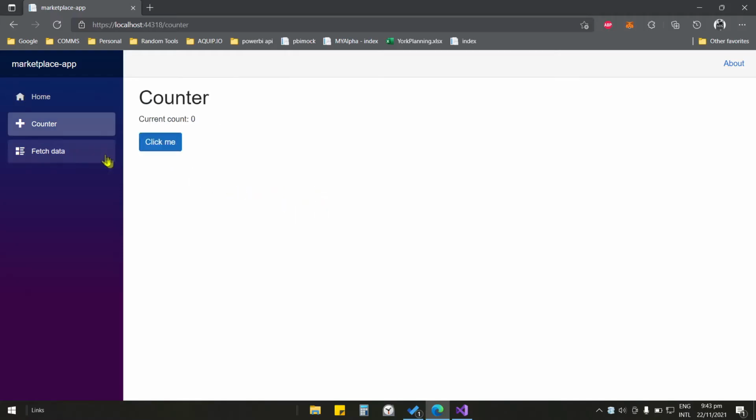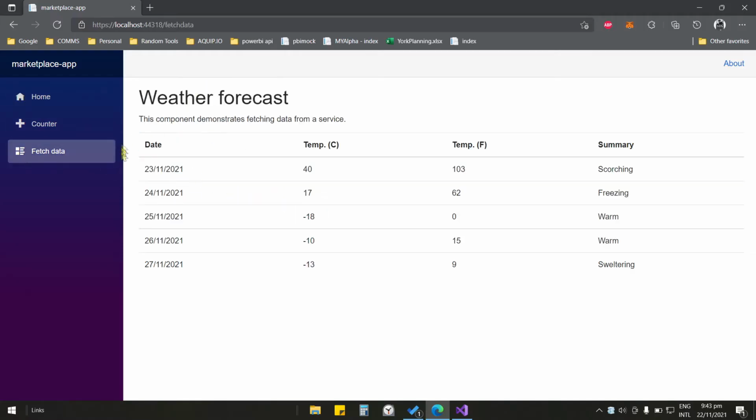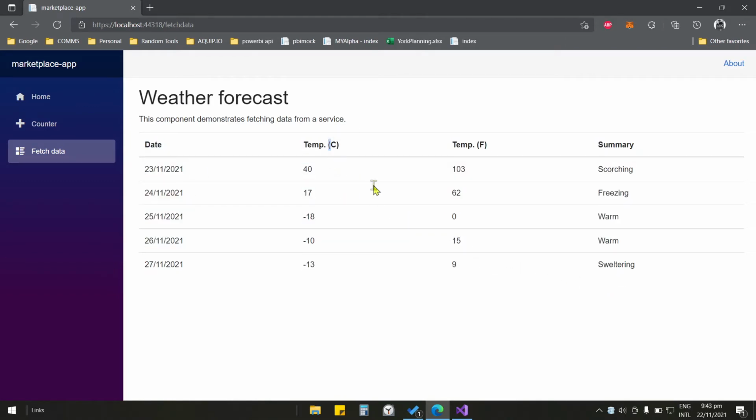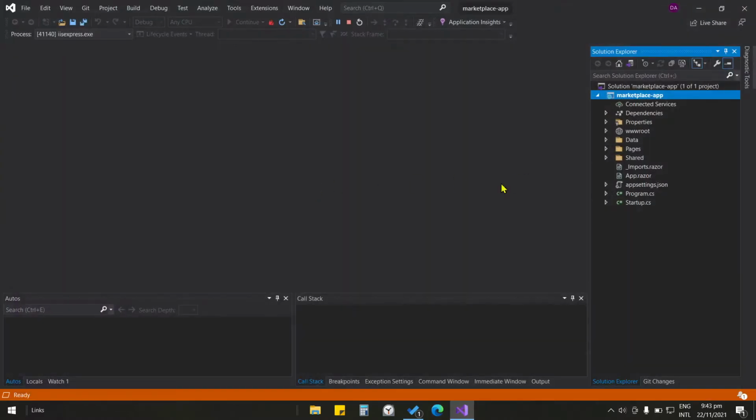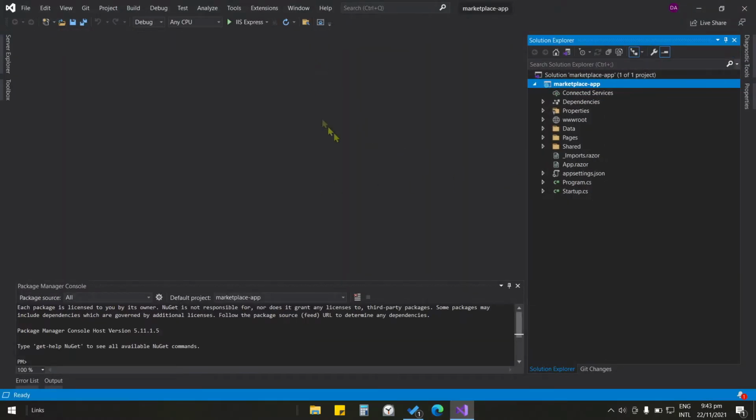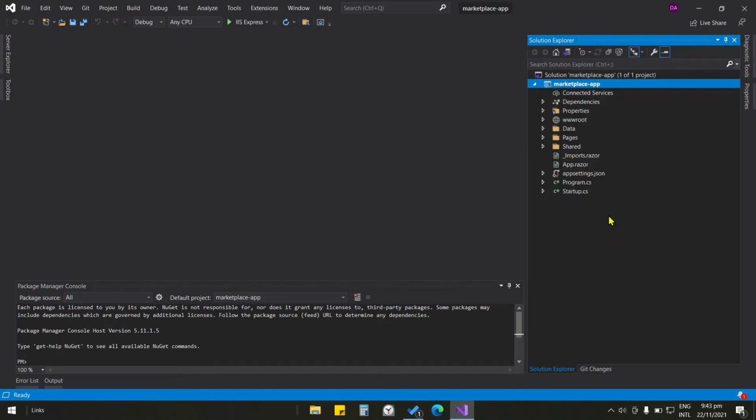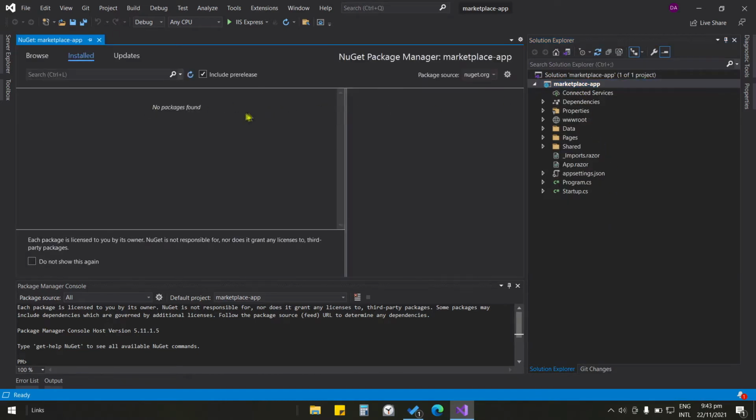So here we have fetch data. This is what we're gonna be converting into Telerik grid, and then so today I'll show you how to install Telerik into your server application, Blazor server app. And then so first what we're gonna do is go to NuGet packages, right click that, and then go to